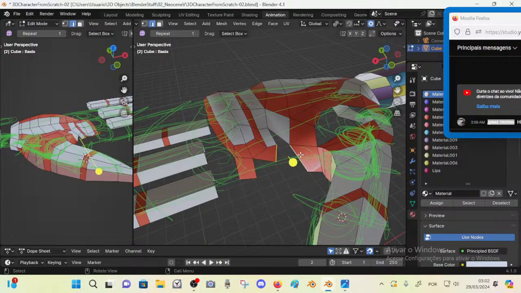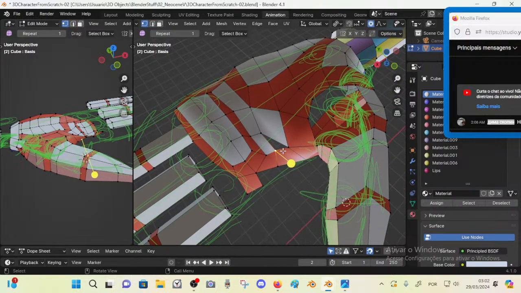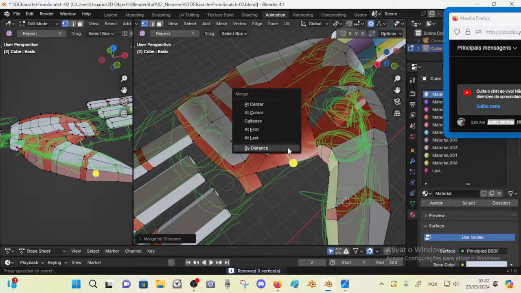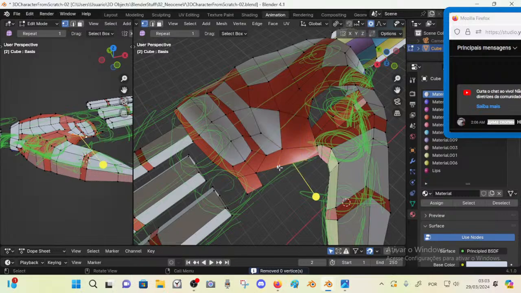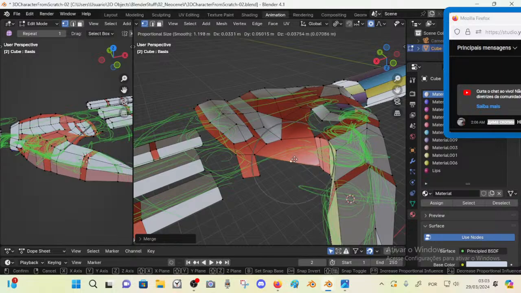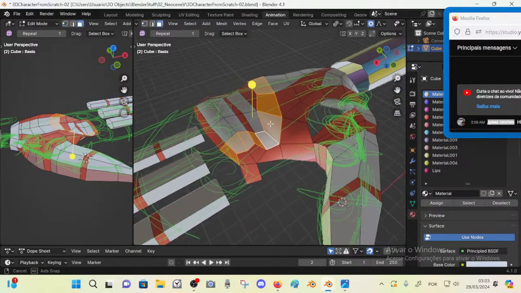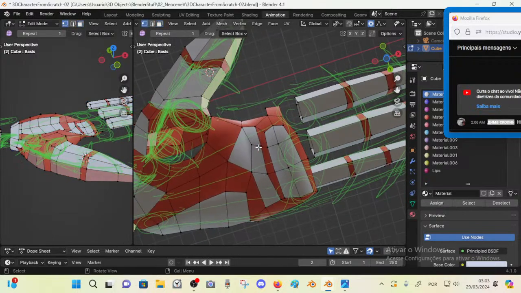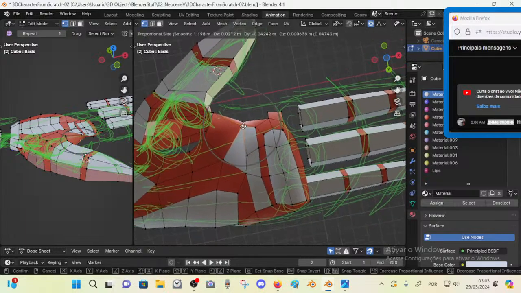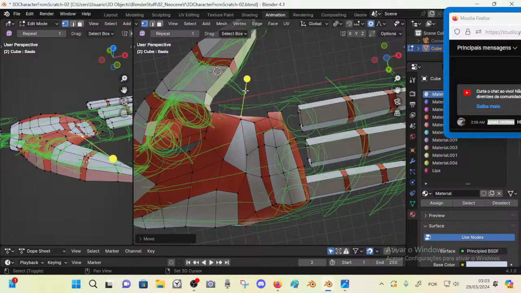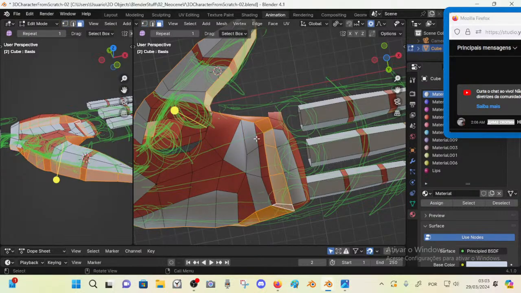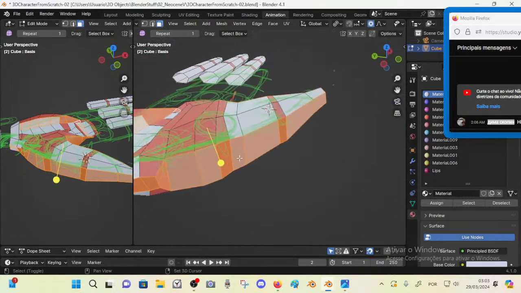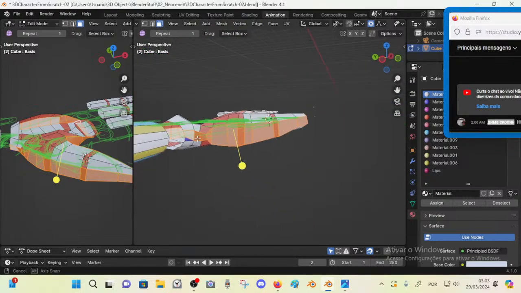So this, they are crossing. No, not yet. Merge at center. Merge at center. So yes. So here we have some strange face loops, but I never knew about this one. But the idea here is simple. Okay, this is just a redistribution. This is a bit dangerous though, but the idea here is that we can have this face loop here. So it's a side face loop